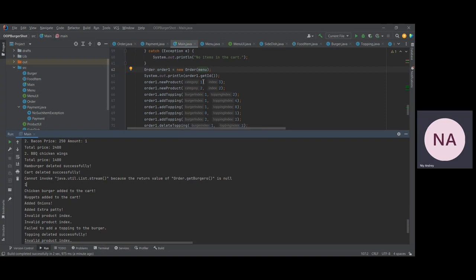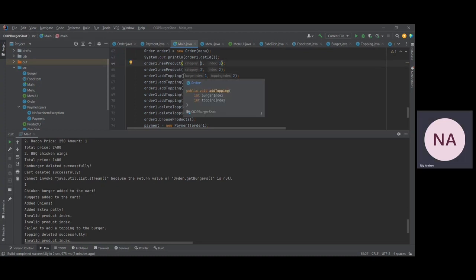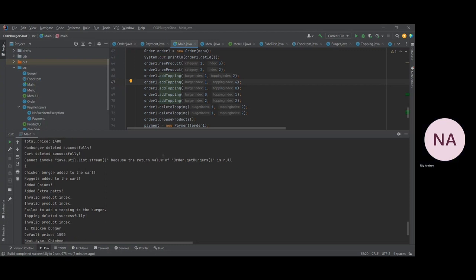This order's two products get added to this order. I think it's chicken burger at index 3 and nuggets at index 2. Hmm, the third burger and the second side, chicken burger and nuggets. Yeah, right. Then toppings get added, and through toppings we can actually see how